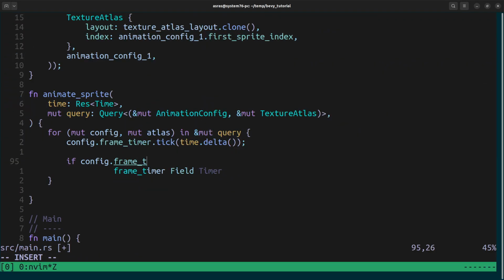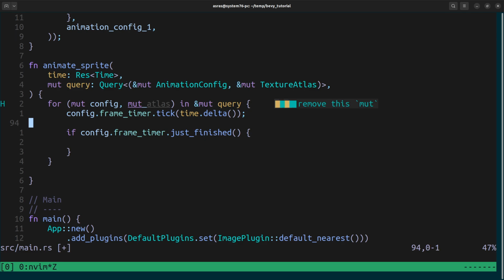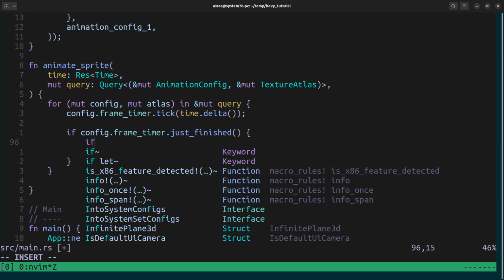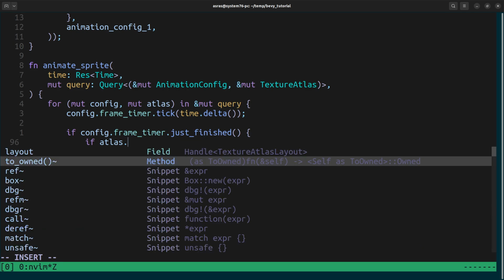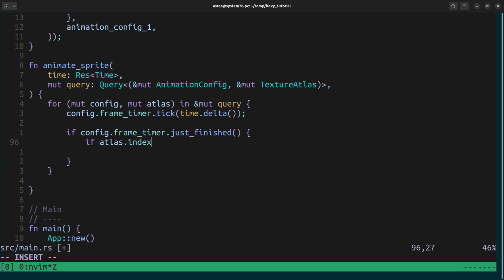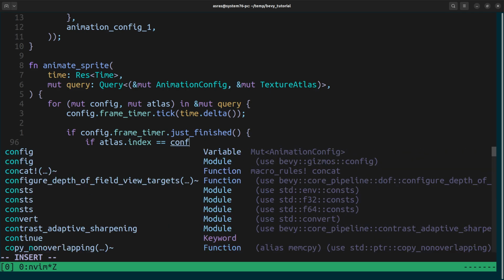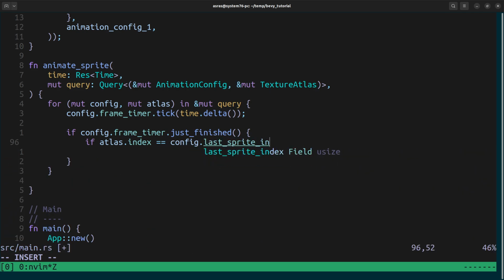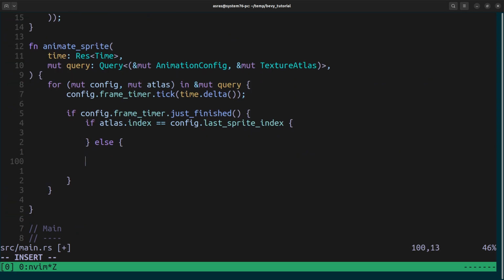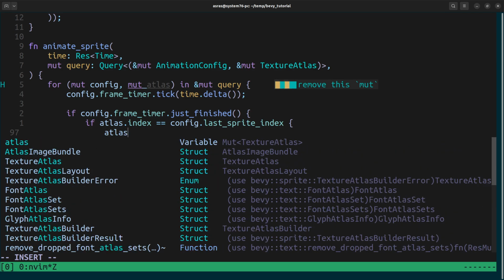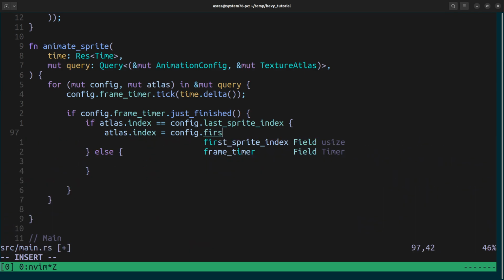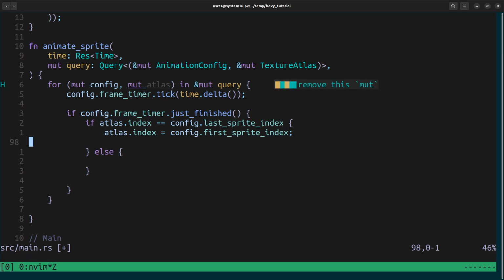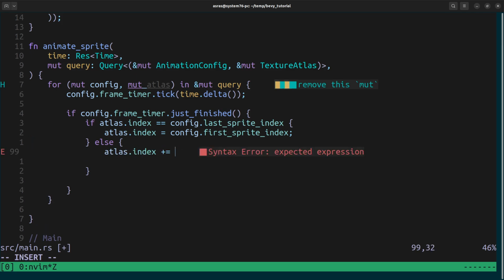And if the frame timer just finished, then we want to say if atlas dot index, okay, if it's equal to config dot last sprite index, then we want to say atlas dot index is config dot first sprite index, okay, and otherwise we want to say plus equals 1,